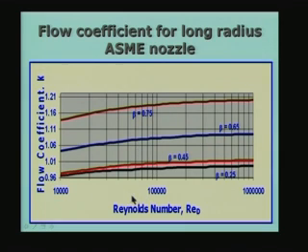So, the flow coefficient for the long radius ASME nozzle is again shown here. If you remember, the flow coefficient is nothing but the product of the coefficient of discharge and the velocity of approach factor, and the velocity of approach factor is given by 1 over square root of 1 minus (A2 by A1) whole squared. A2 by A1 is now (d squared by D squared), because area is proportional to diameter squared, and therefore the velocity of approach factor is nothing but 1 over square root of 1 minus beta to the power 4. We can easily see that.